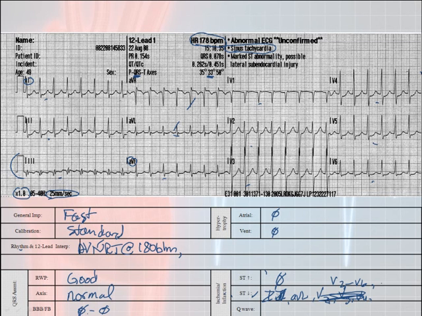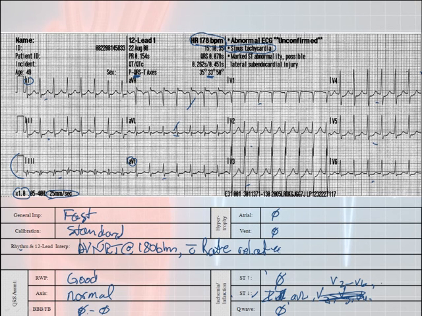Do you see any pathological Q waves? I don't see any pathological Q waves on here, so I'm going to say no to the pathological Q waves. Now, when I look at this, it looks like I'm having some global, almost, subendocardial ischemia. The problem here is that this subendocardial ischemia is not coming because of a clot. This subendocardial ischemia is rate-related. So my interpretation is going to be AV nodal reentry tachycardia at 180 beats a minute with